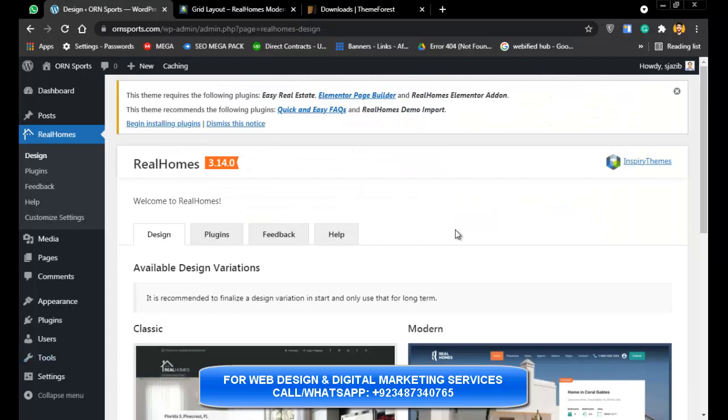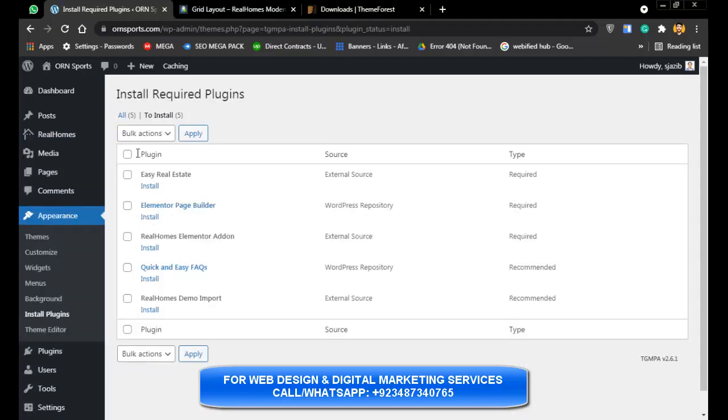After doing that, you can see the notice: the theme requires the following plugins. So you have to click on begin installing plugins. After clicking on that, you have to select all, and click on install and apply. After all your plugins are installed, we will start working further.